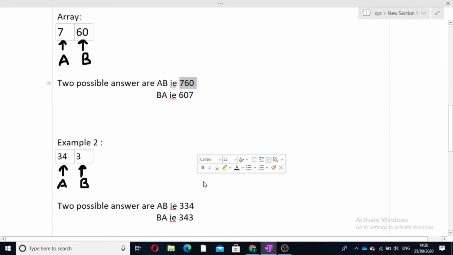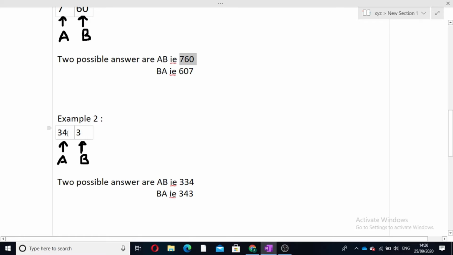Let's see example 2, that is 34 and 3. If we initially sort the array, 3 will come here and 34 will come here, and our ab will result in 334.